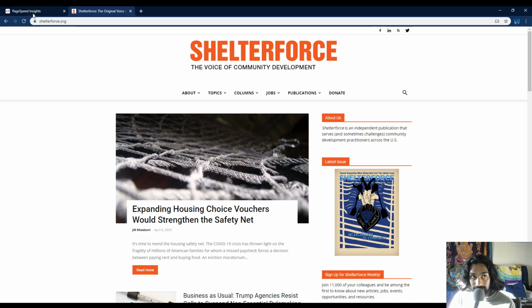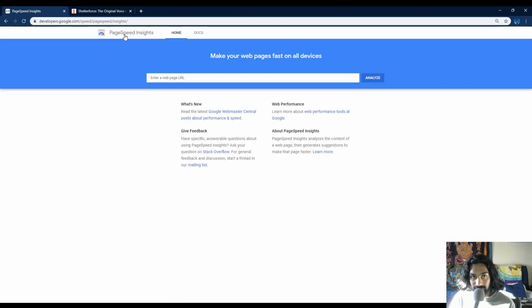So inside of Page Speed Insights, if you've ever used it before, the reason we're using this tool to analyze the website is because the client already was familiar with this tool and had used it before to analyze the website. So it made sense for me to walk through their page speed report with them to give them insight into what it's actually saying. So that's what this video is going to be, walking you through some of the key elements inside of Page Speed Insights,